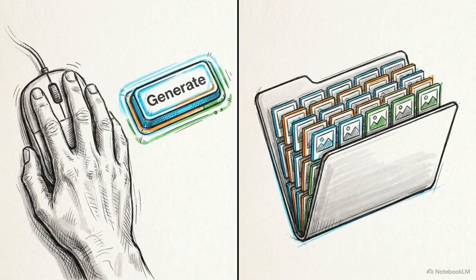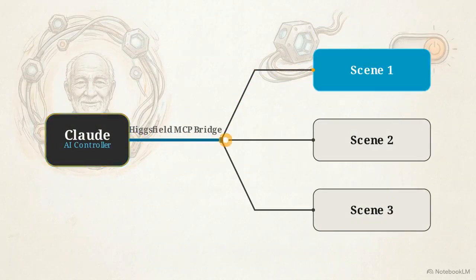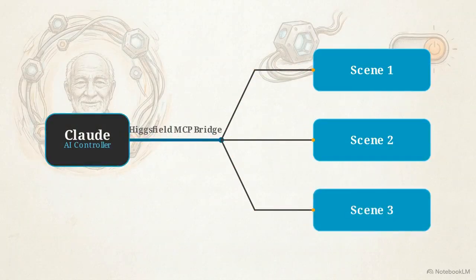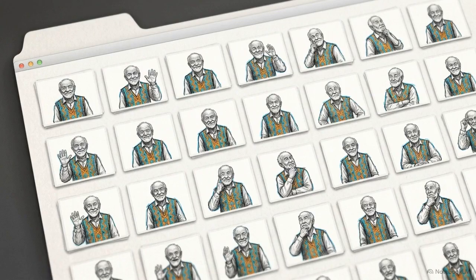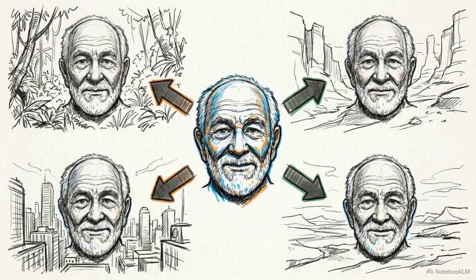You can handle this manually in Whisk or use the automated route. Because we established that Higgs Field data bridge, Claude can process the entire scene list sequentially and generate the correct images without manual intervention. Locking the subject parameter changes how the AI operates. It stops inventing new faces for every prompt and strictly maps your pre-approved assets onto the new environments.